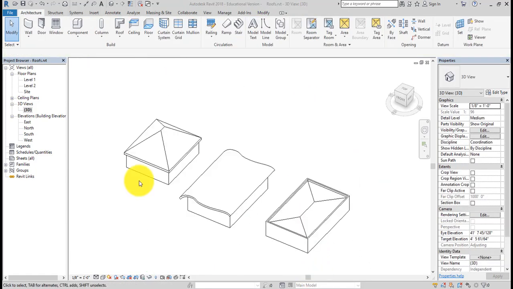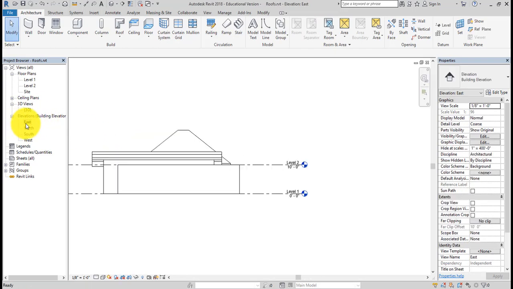So now I'd like to show you how you can cut off a portion of this roof and replace it with glass so that you can create a sloped glazing skylight or glass roof. So we'll go to the east elevation